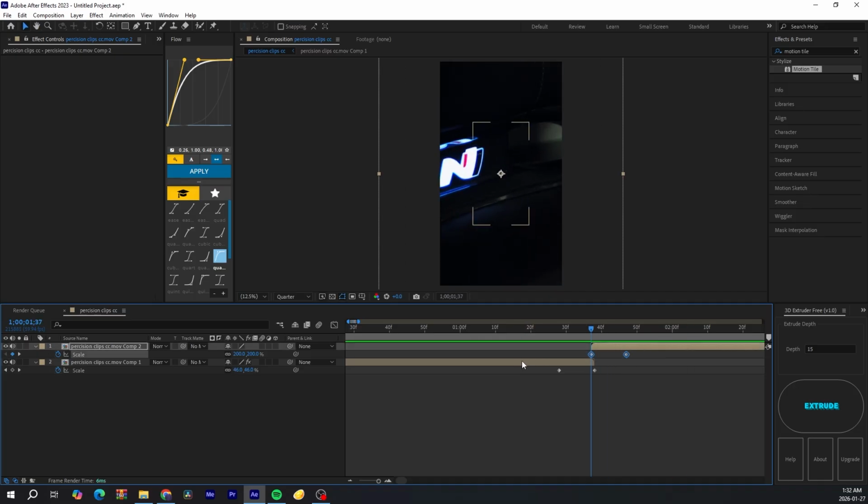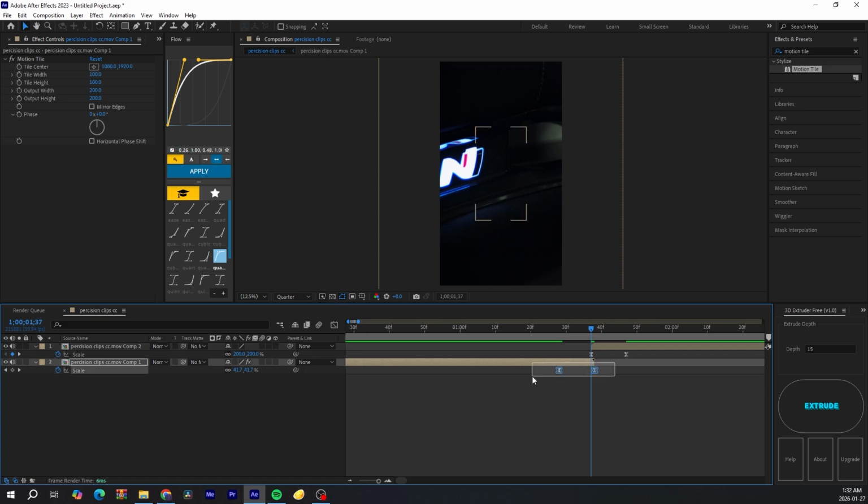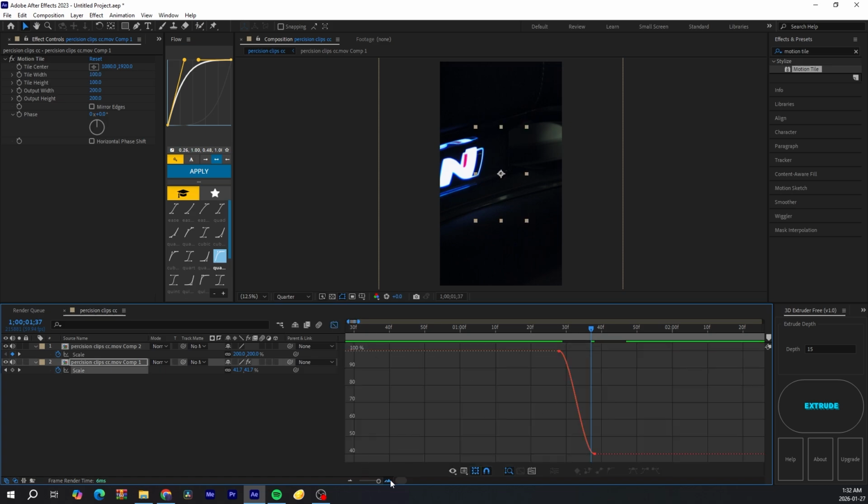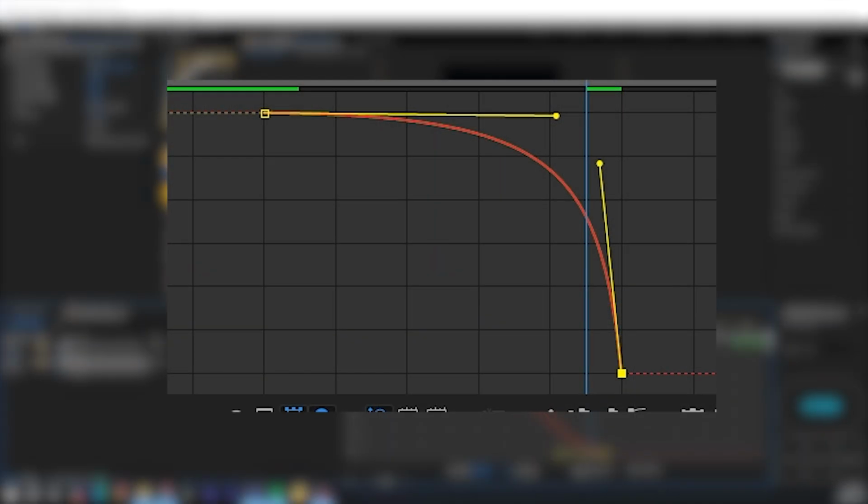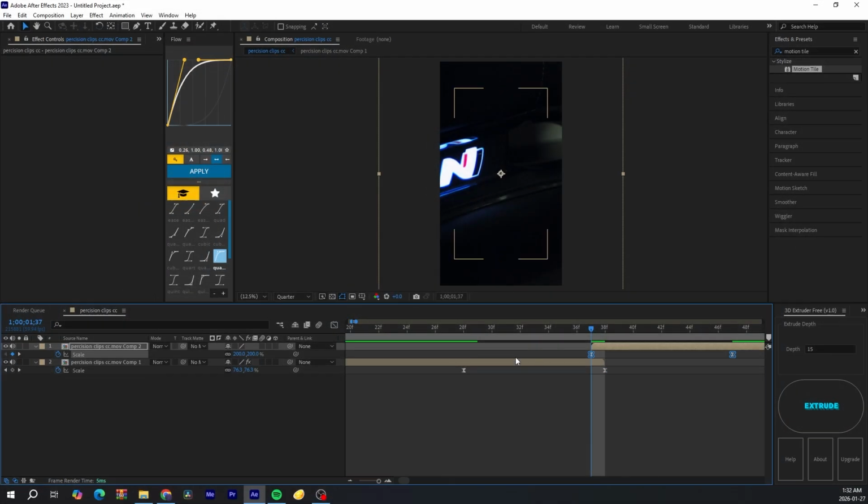Now all we got to do is click F9 on the keyboard to easy ease both of these. And then we're just going to open up our graph editor and follow this graph. And then this one,